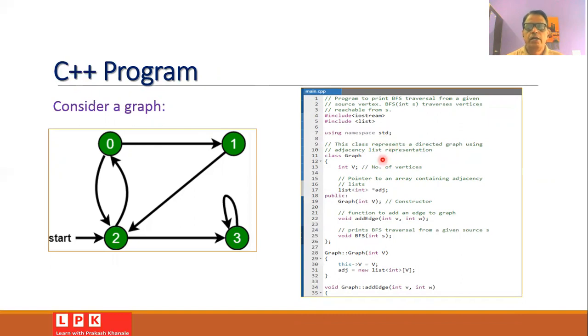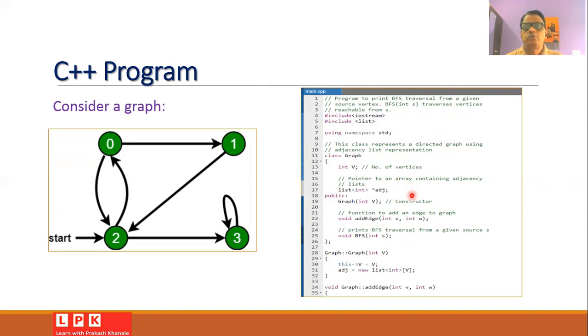Now you have to declare a class Graph, which will consist of the variable V, standing for the number of vertices, and then you will require a pointer to an array containing the adjacency list.